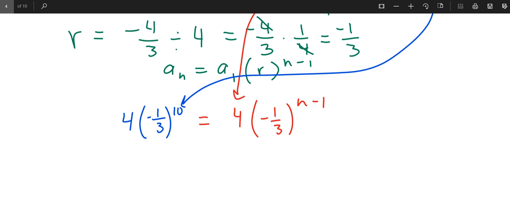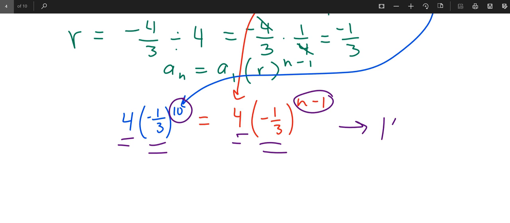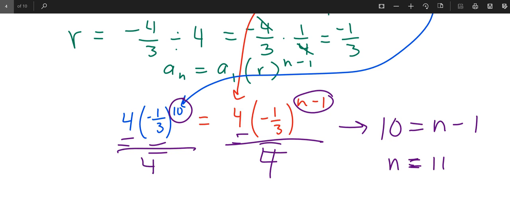Look, the bases are the same. The multipliers are the same. What does that mean about the exponents? It means the exponents must be the same. Now, if they're not the same, what do you have to do? You have to divide by 4. And if this wasn't as nice as this is,